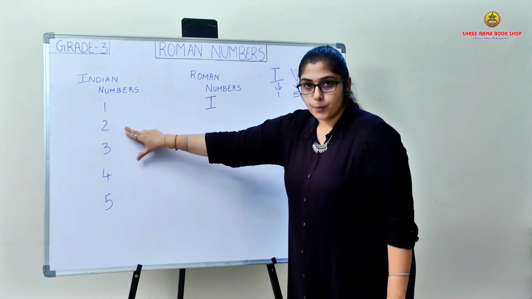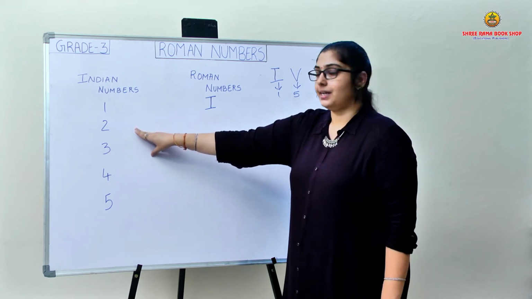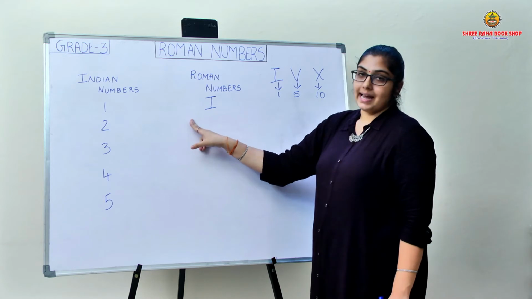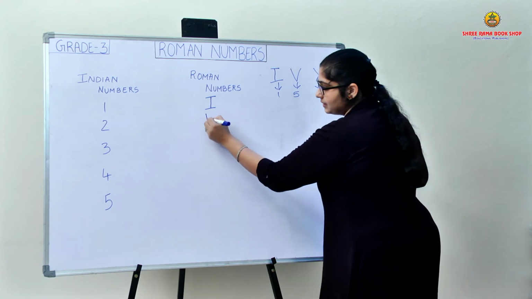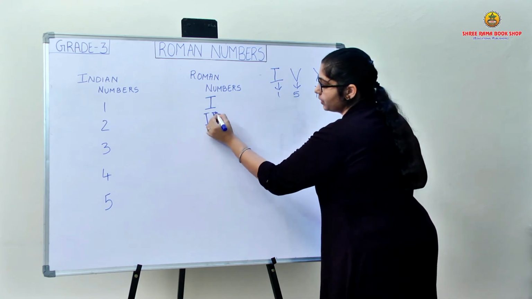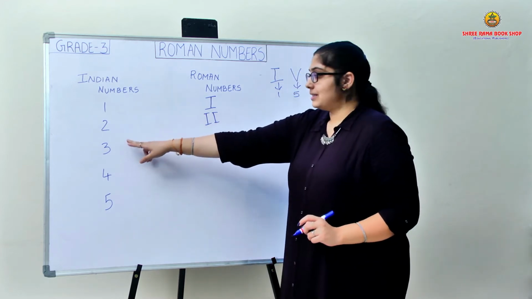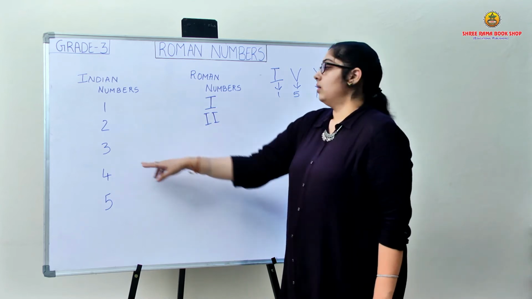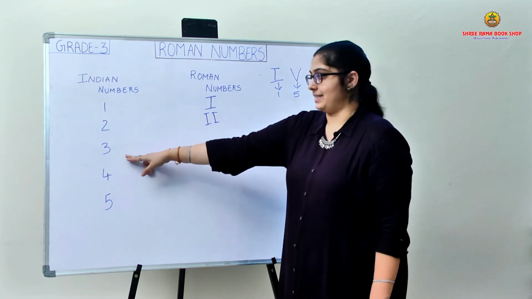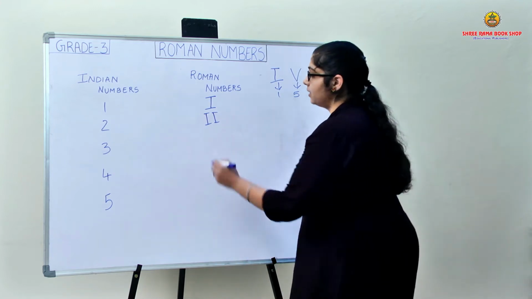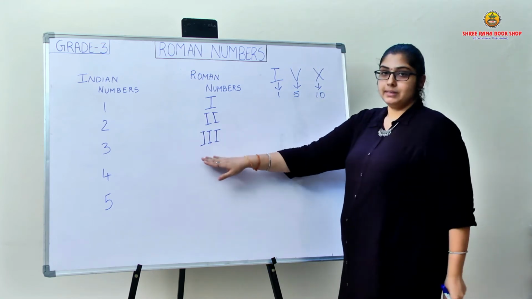So for number 2, I use the rule number 1 in which it says that I can repeat the symbols so that I can add the value of that symbol to get this number. So II represents I and I. So put together they form the number 2. For number 3, I use the same rule number 1 and also will not exceed more than 3 times, which rule number 2 states, right? So I have 3 I's put together to form the number 3.